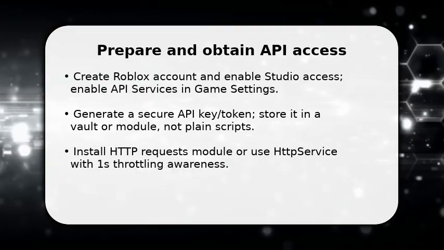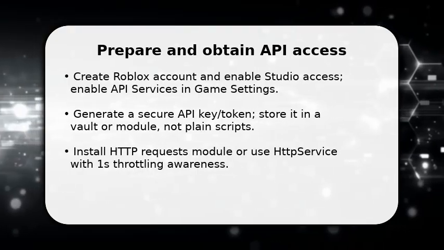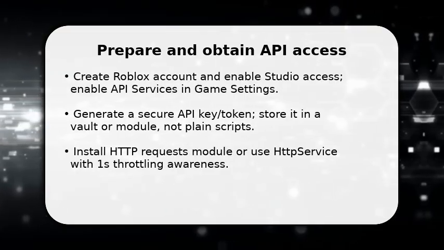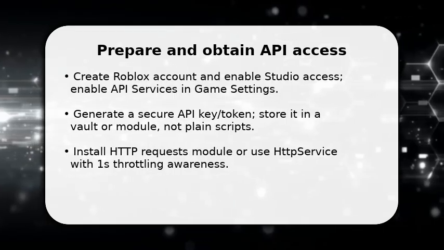You start by enabling API services in your game settings and creating an API token. This grants scripted external requests. Once done, store the key securely in a server script service module script or external vault so it never appears